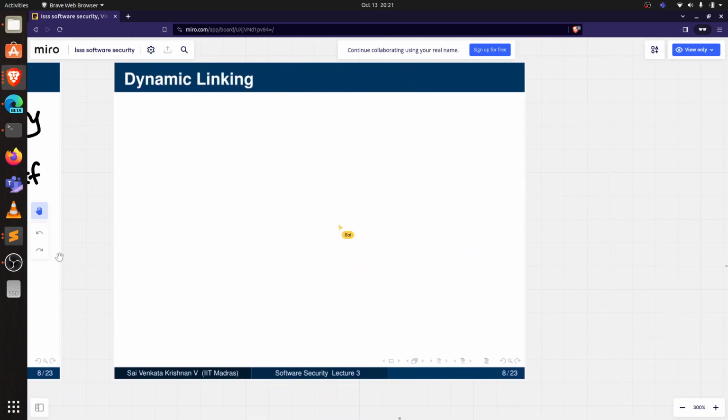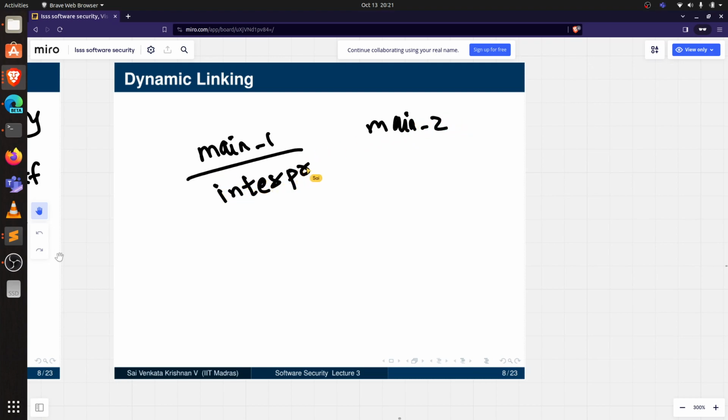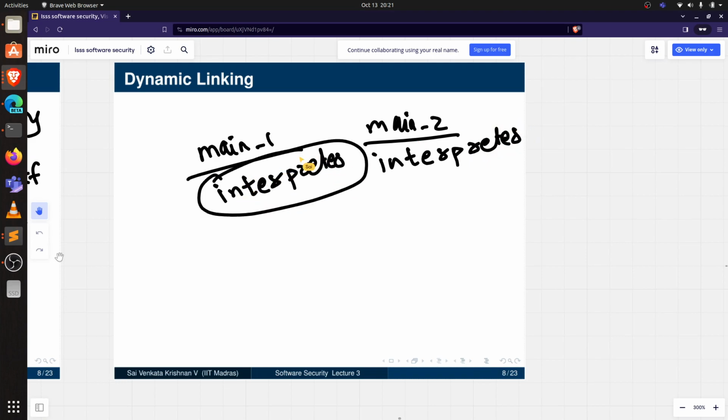Along with your main1 and main2, there is a component called the interpreter, which is linked along with your application, okay. And this contains